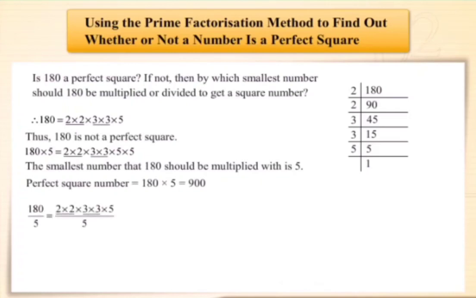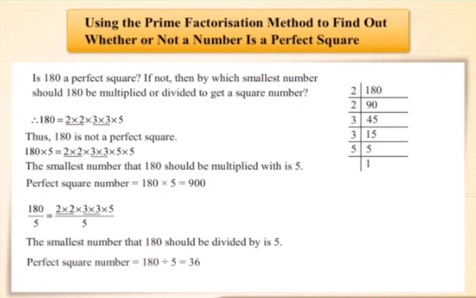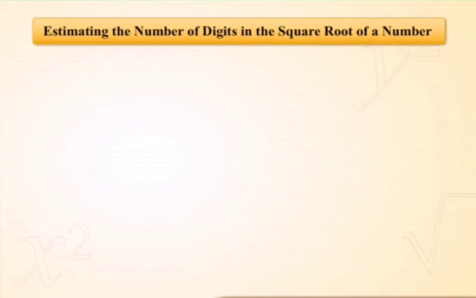To make 180 a perfect square, you can also divide both sides by 5. Thus, 5 is the smallest number that can divide 180 to make it a perfect square. So the perfect square obtained after dividing 180 by 5 is 36. Do you know we can estimate the number of digits in the square root of a number? Observe